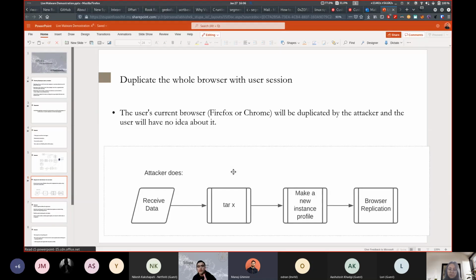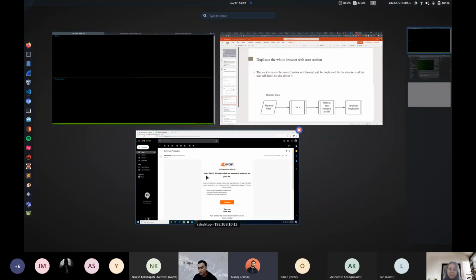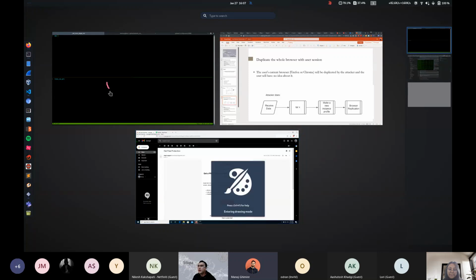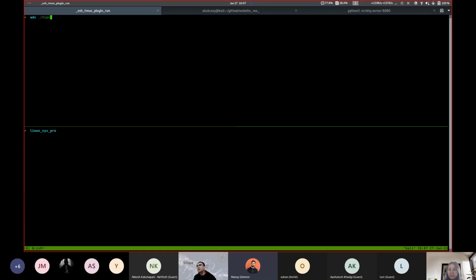In this demonstration, I will be switching between two machines, one attacker and one victim. For the attacker machine, I will be using a Linux operating system. This is the attacker machine, and this is the victim machine, which is a Windows operating system. I will be switching back and forth between them. At the very beginning, the attacker runs the server. This server code is written in C and assembly. So when I run the program,